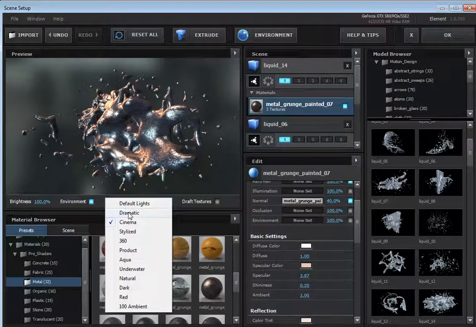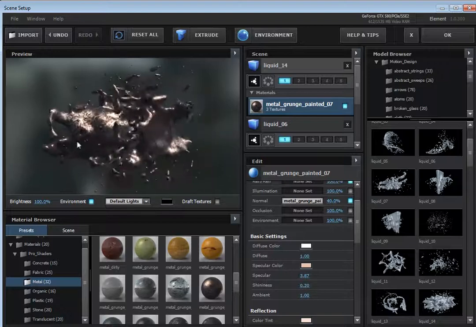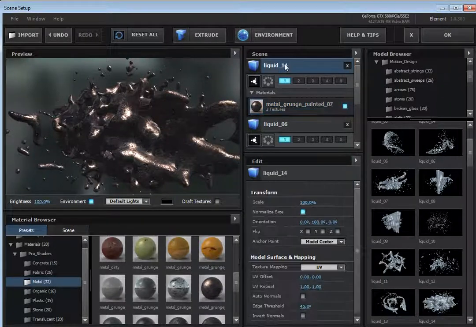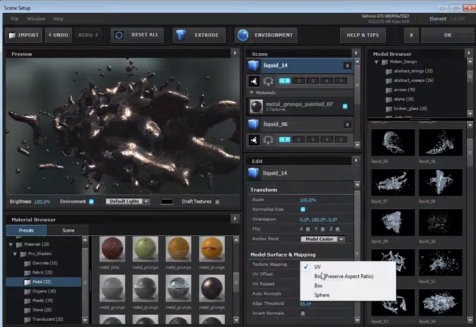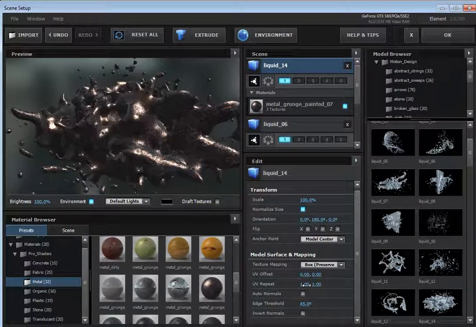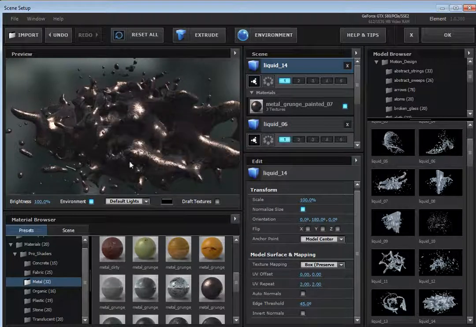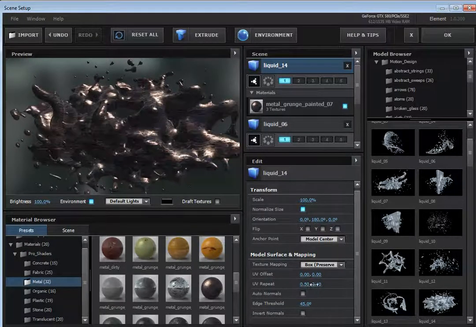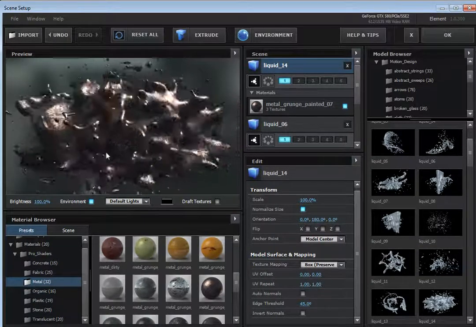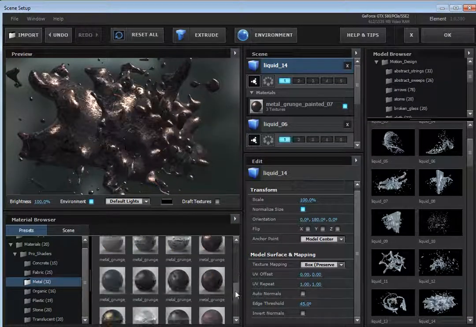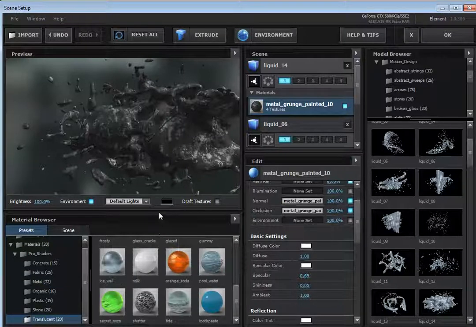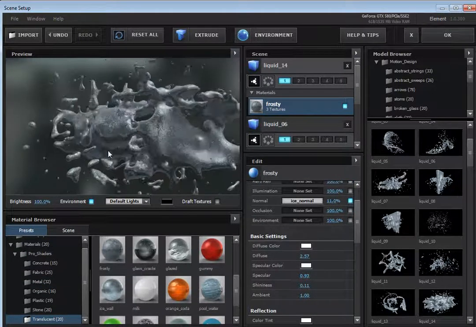Now, this brings up another point, is that we have mapping options. So if you don't like the way something is mapped, you can go into the object and change it. We can do just a quick box mode. And if it looks too close together, we can turn up the UV repeat amount, make it a little tighter, or we can lower it to 0.5 and it looks a little bit wider. Of course, you start losing resolution that way. But you can go through and turn all of the motion graphics objects into any kind of surface that you